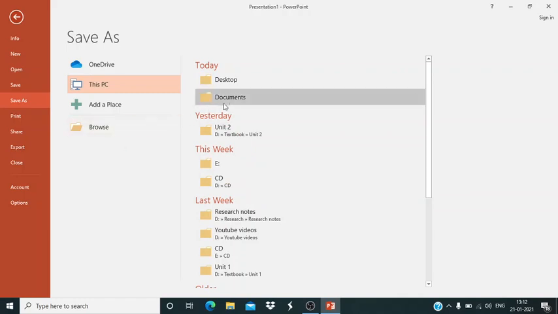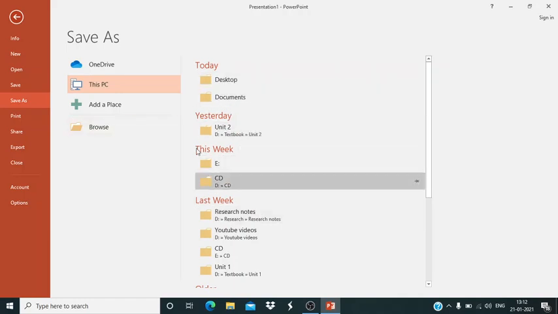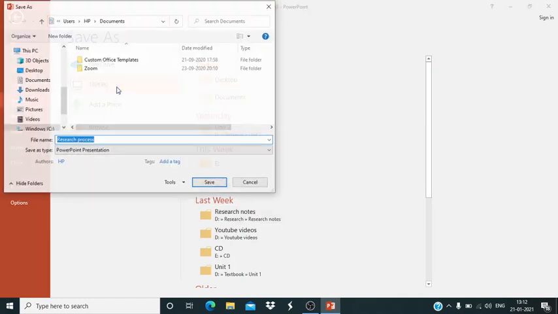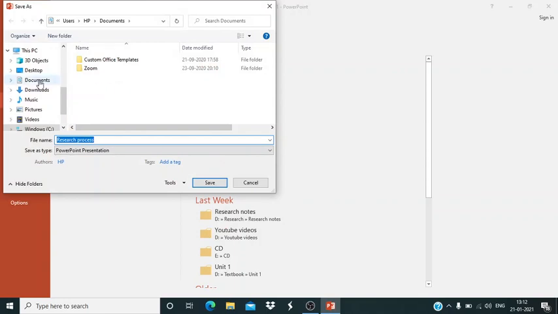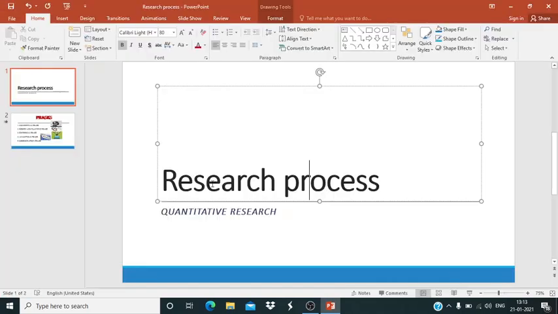If needed, I can save it in any one of these, or you can open the computer and decide where you want. So I would like to save this in Documents. I am adding a PowerPoint presentation in Documents. The title is research process and I save it. So now this PowerPoint is saved.